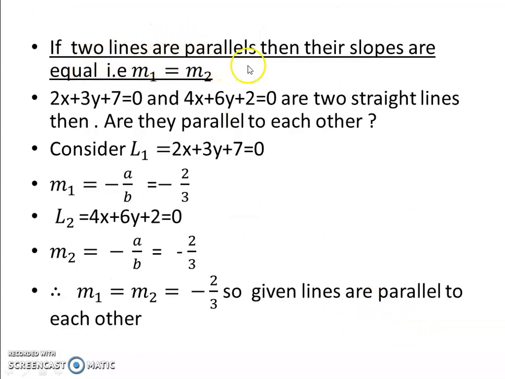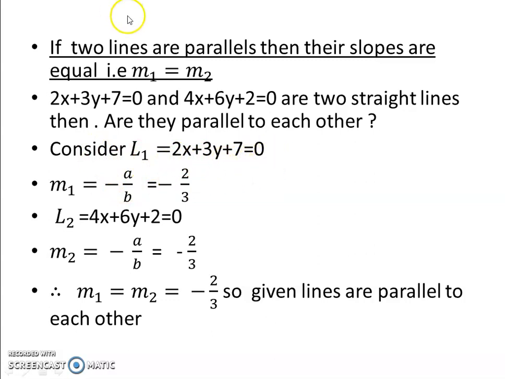If two lines are parallel, then their slopes are equal. That is M1 is equal to M2. 2x plus 3y plus 7 equal to 0 and 4x plus 6y plus 2 equal to 0 are two straight lines. Then are they parallel to each other? That is the question. We have to consider the first line L1 is equal to 2x plus 3y plus 7